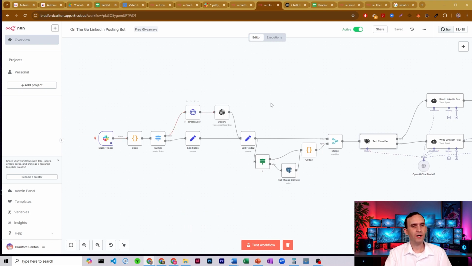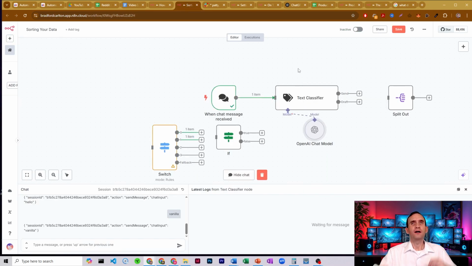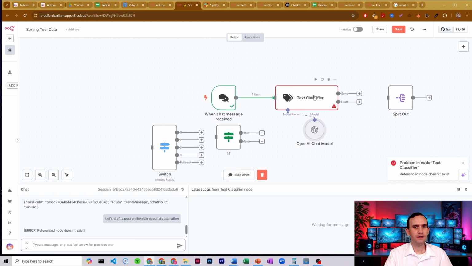It determines what I said to it, whether voice or text. It then makes a determination with this text classifier that we're looking at here, whether I'm asking it to draft a post or I'm asking it to submit the post to LinkedIn and actually post it. So if I say something like, let's draft a post on LinkedIn about AI automation, and I send that,